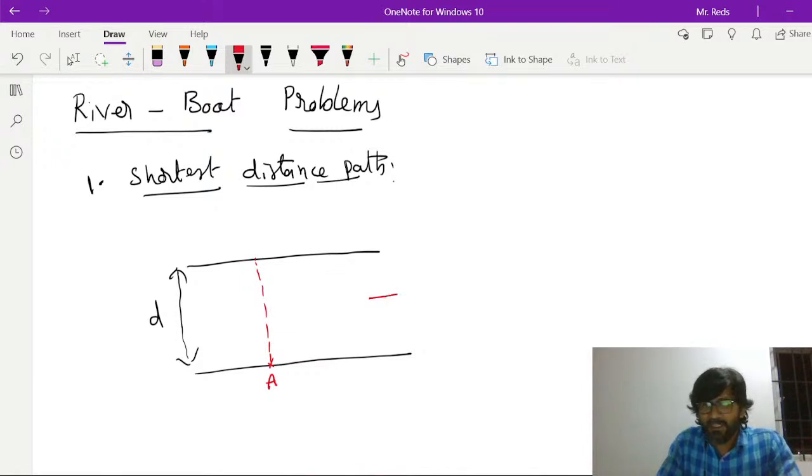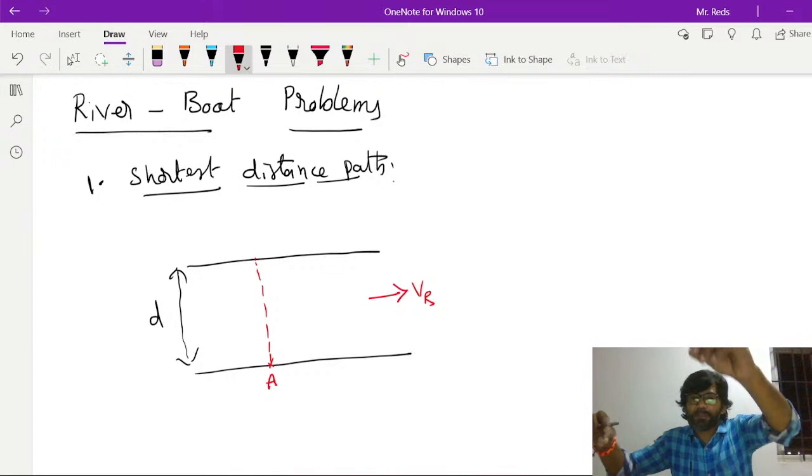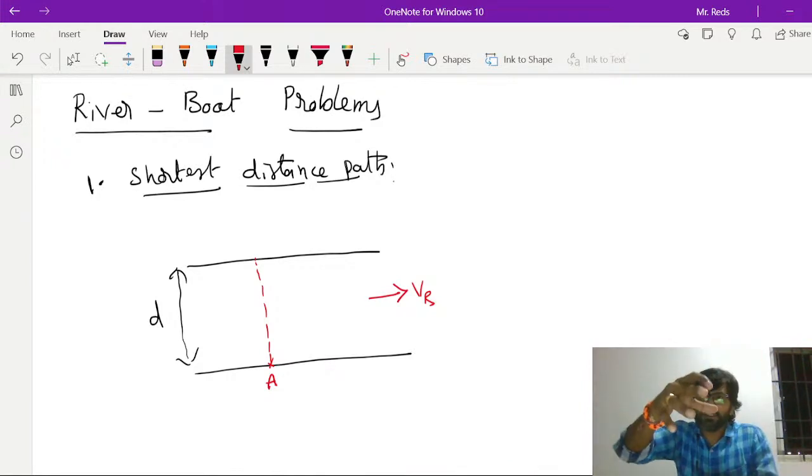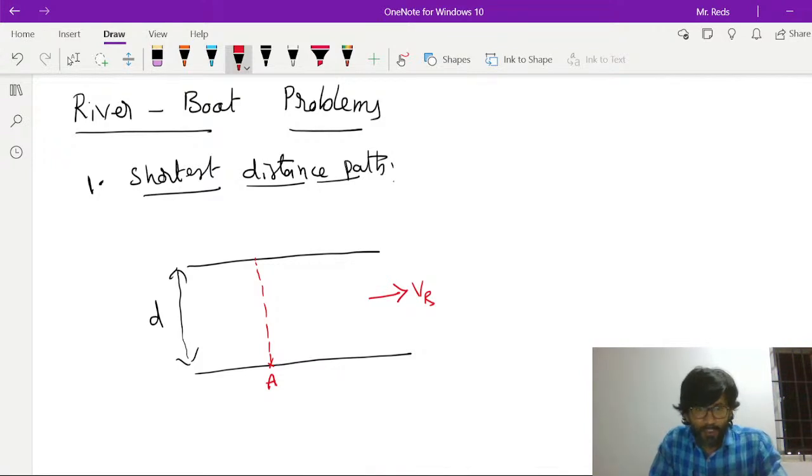But when the river is flowing with a velocity Vr, if you drop some cardboard or a leaf on the water, it will move automatically. If you keep your boat in the flowing river, it will flow along with the river. So if you start in this direction to reach this point, the river will drag you, so you will not reach the opposite point. To cross the river in a straight line and reach the opposite point B, the boat